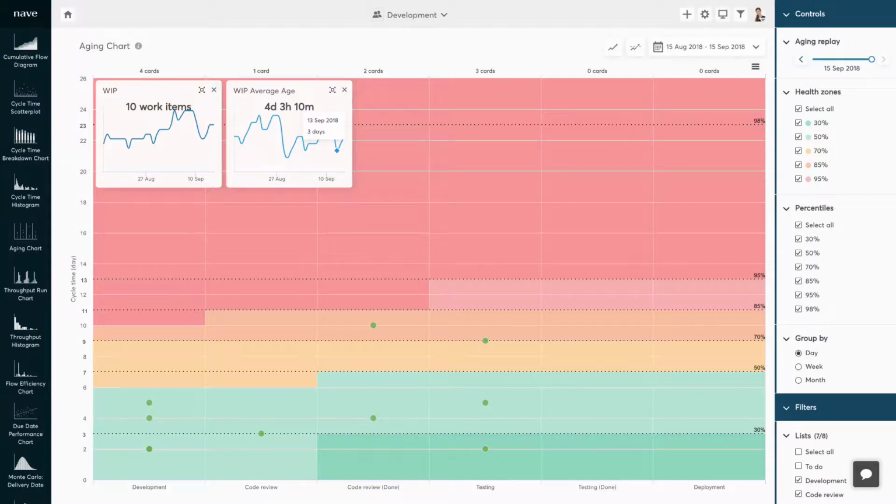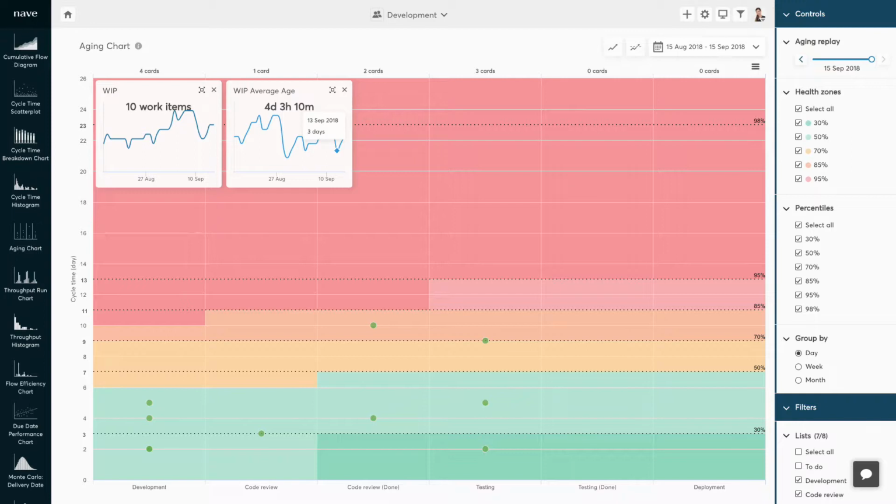If you find that the line is sporadic, at times increasing or decreasing dramatically, this points to an inconsistent average age and, at the root cause of these spikes, bottlenecks in the system that need to be addressed. The aging chart allows you to change your basis date to see how your process looked on a certain day in the past. It is very useful during retrospectives to see how your tickets were aging back then.